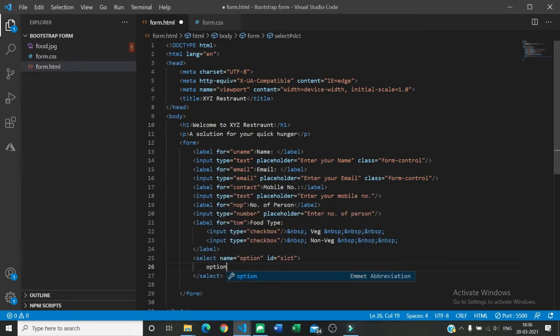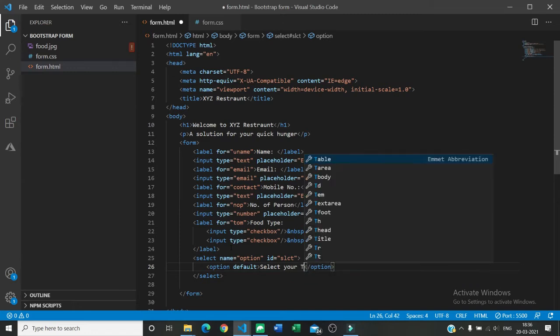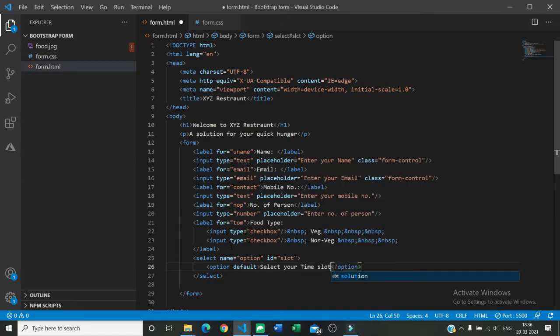As a default, I'm going to make my first option the default, and here I am going to write "Select your time slot".